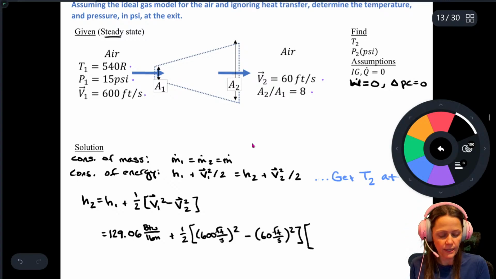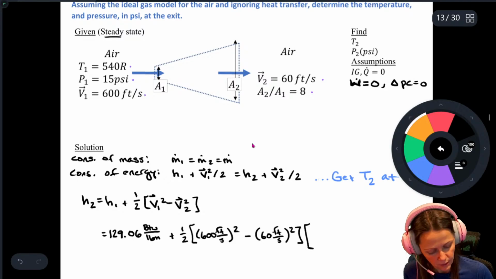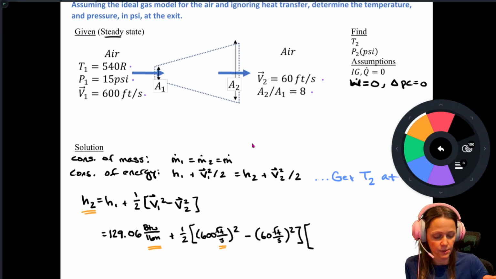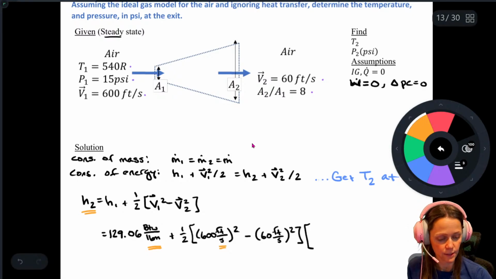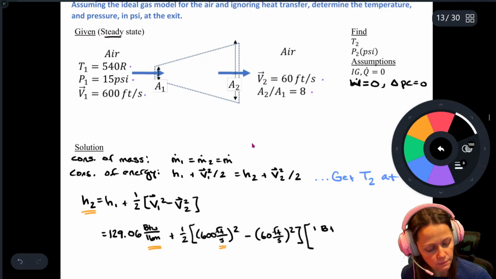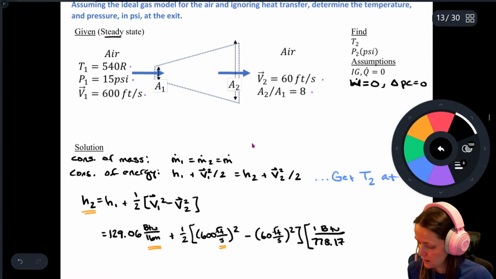And then of course, if this guy is in BTU per pound mass, this guy is in feet squared per second squared, I need this guy to be in BTU per pound mass. So it's the second term that I'm going to need to do some unit conversions on. So 1 BTU is 778.17